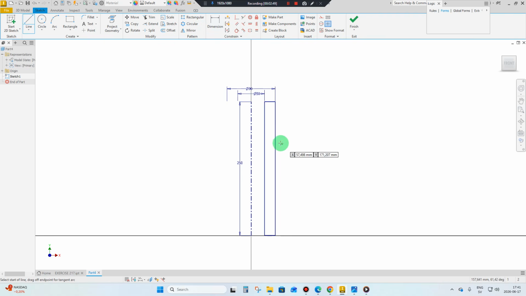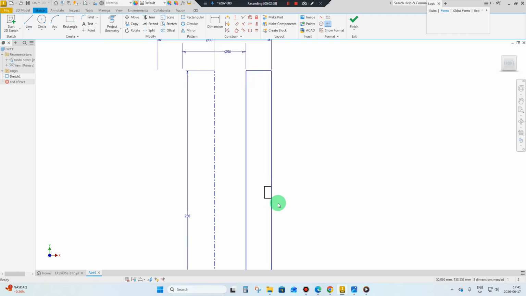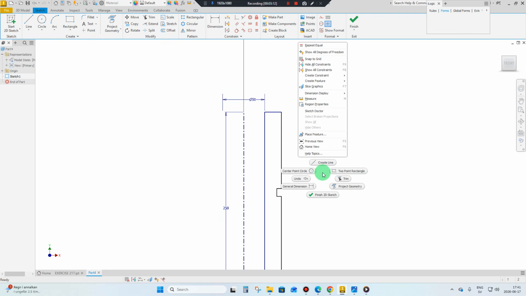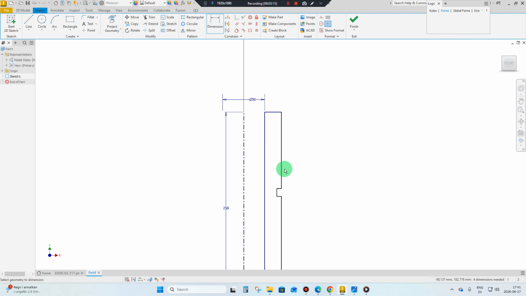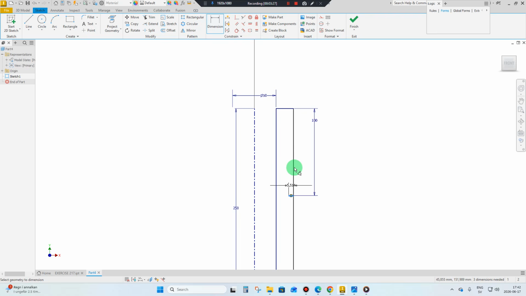right click and select line, draw a line. Select trim command and trim this line. Select equal command, select this line to be equal to this line. Right click and select general dimension. From this point to this point 100, and from this line up to this line 110,